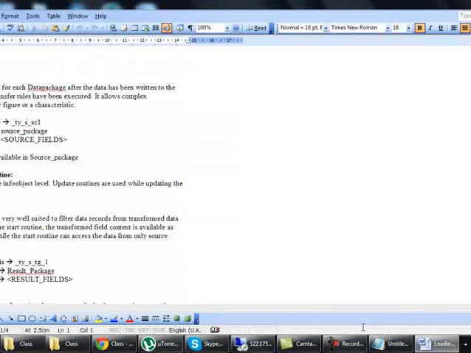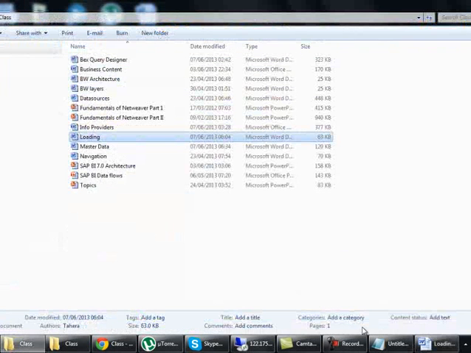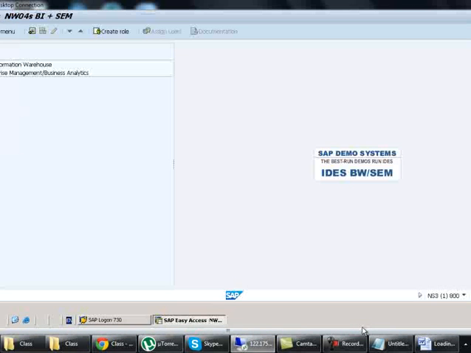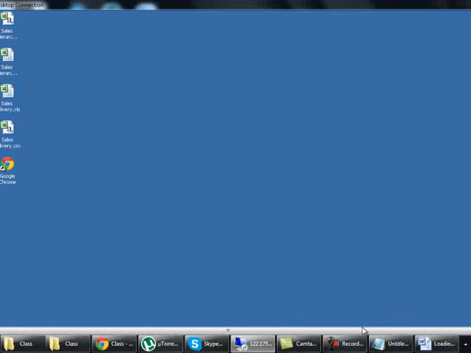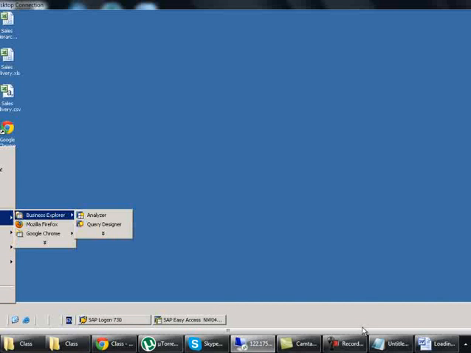So let's quickly see the reporting, so that while you are practicing you can see the reporting tool as well. If you want to go to the BEx, the navigation for the BEx is go to Start, go to Programs, and go to BEx Explorer. Here you have the Analyzer and Query Designer. So generally